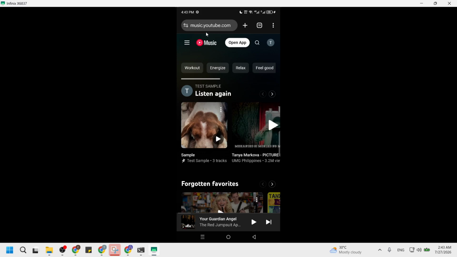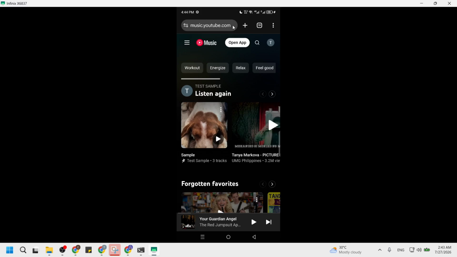Next, go to the YouTube Music web player. In the address bar at the top, type music.youtube.com, then tap Go. Give it a moment to load fully. You should see the YouTube Music logo at the top, along with a search bar and rows of albums and playlists. If you are not signed in, the page may ask you to log into your Google account, which helps it remember your music and recommendations.